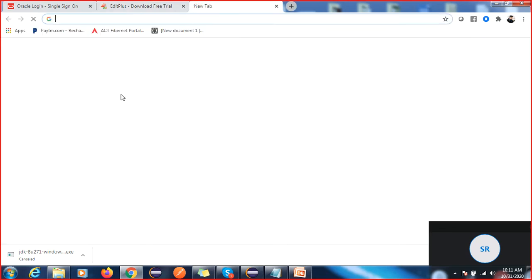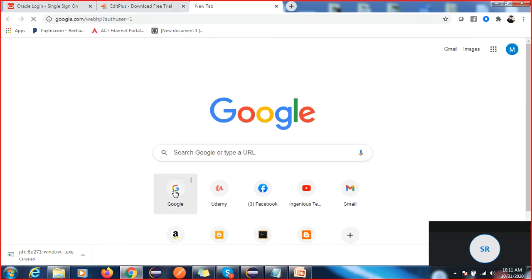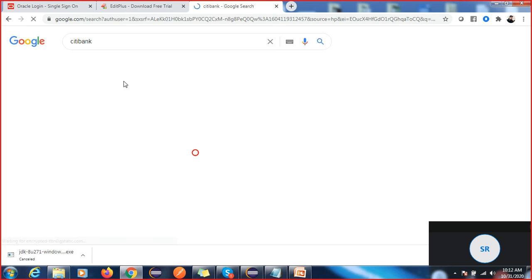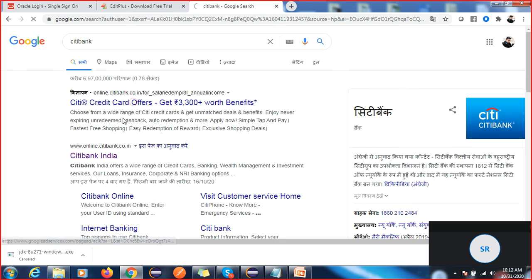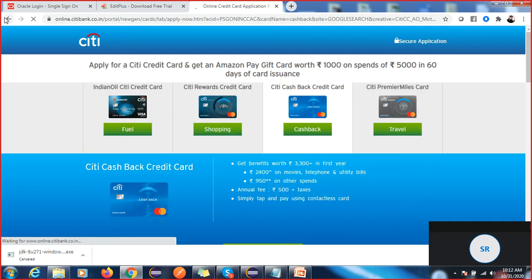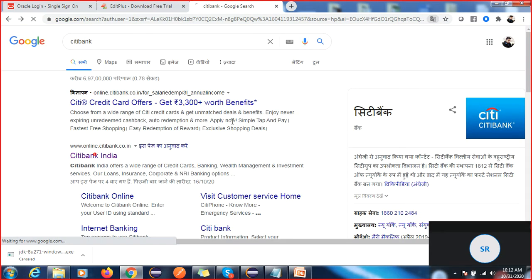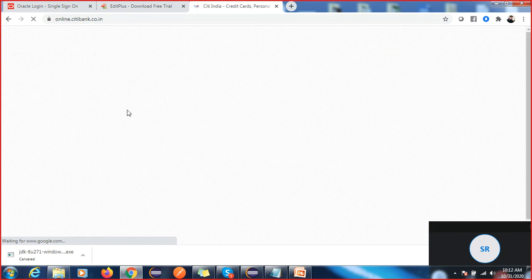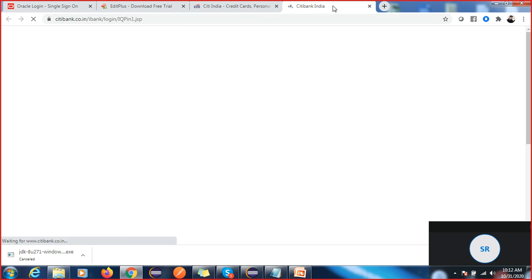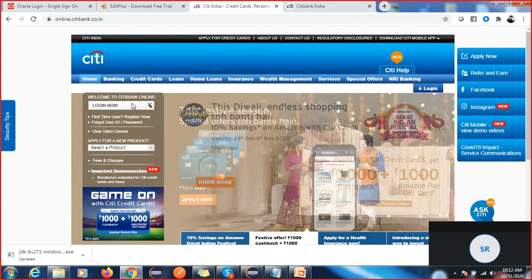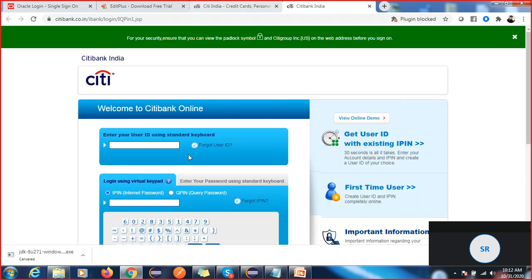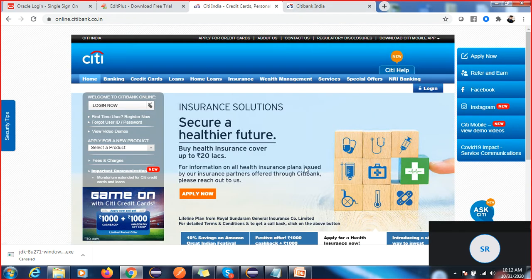Interesting. Okay, so how to handle multiple windows? First we will understand the meaning of multiple windows. So, Citibank, we will go in this Citibank. I think not this one, this one, not this one, this one. So what happens if I click this login page? Another window will open. See, right? It is not performing the operation here, this is a different window. So how to handle this multiple window operation? We are going to learn this.